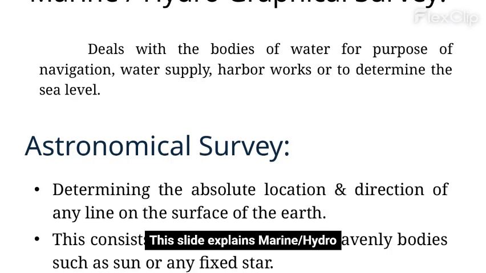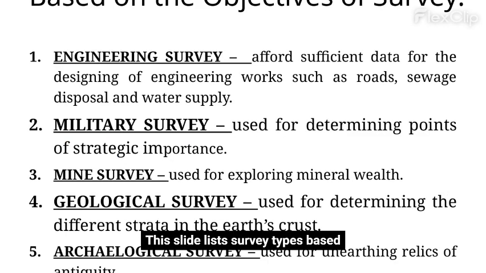This slide explains marine/hydrographical survey, which deals with bodies of water for navigation, water supply, harbor works, or determining sea level, and astronomical survey, which determines the absolute location and direction of lines on Earth's surface through observations of heavenly bodies. This slide lists survey types based on the objectives of survey: engineering survey for designing engineering works, military survey for strategic points, mine survey for exploring mineral wealth, geological survey for determining Earth's strata, and archaeological survey for unearthing